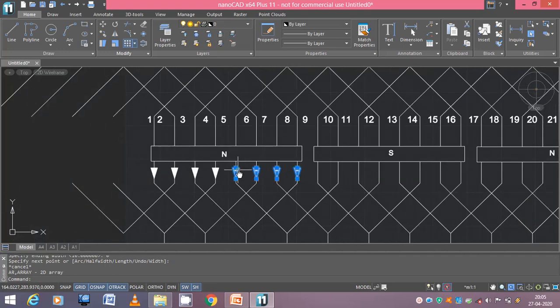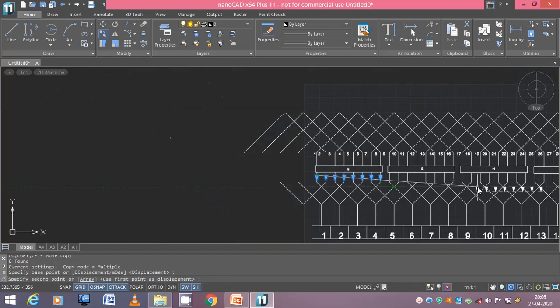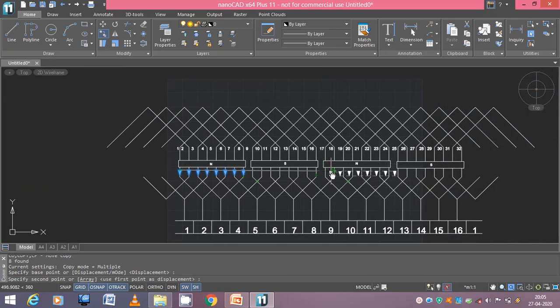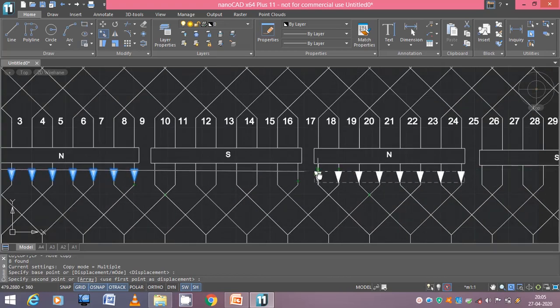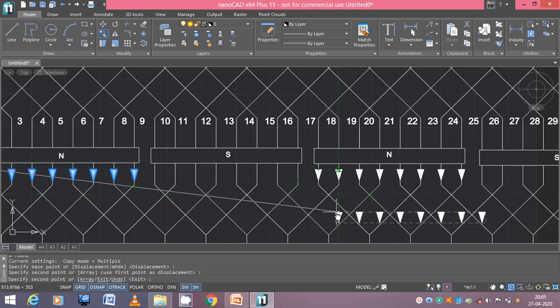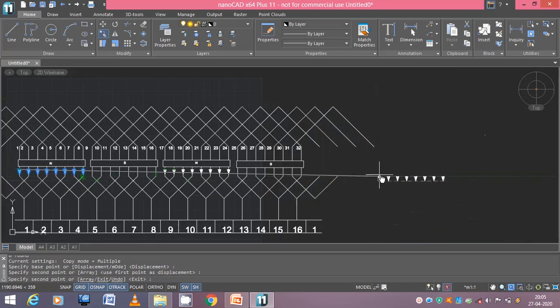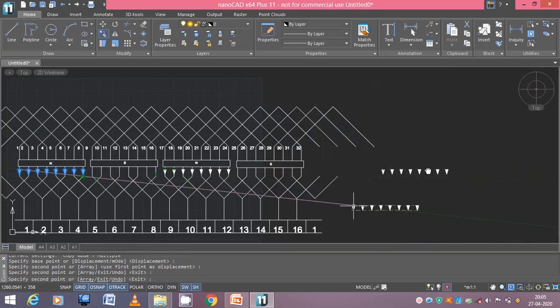You select all this, go for copy and paste, because I have another set of conductors which are under the influence of the north pole, right? And let us have one copy of this.